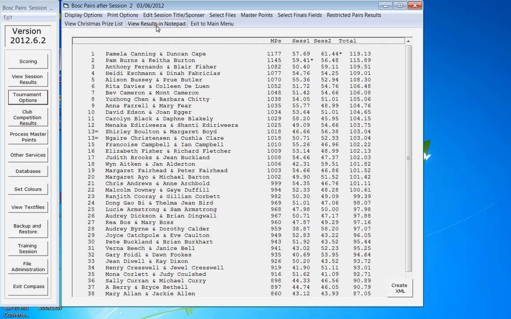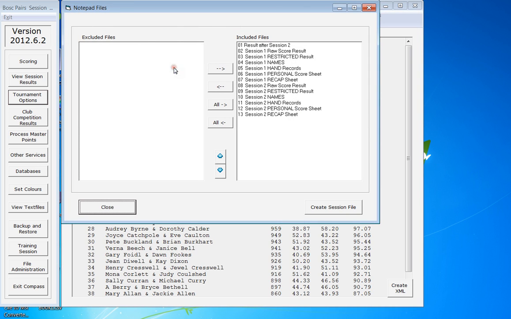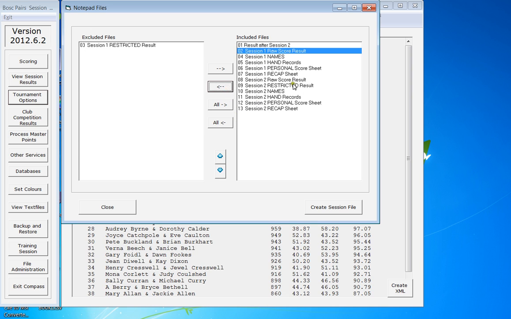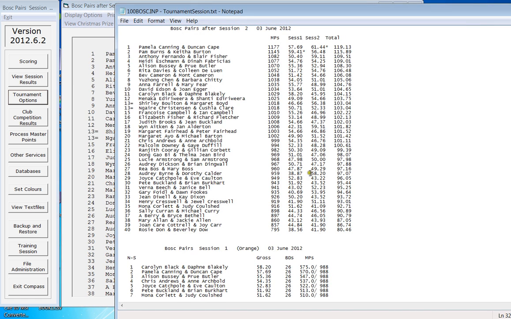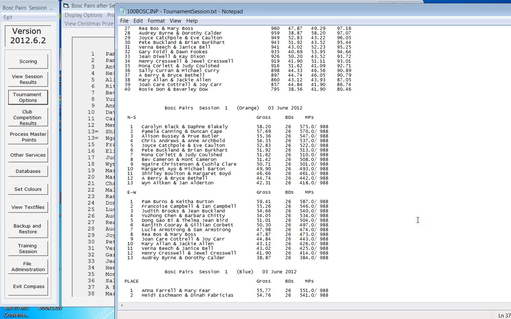So if we view results in Notepad and tournament details, then all of these different files will be included in the one humongous text file that can be uploaded to the website. So this is not a restricted result, so we'll take that out, and it is not a restricted result for session 2, so we'll take that out, and now we'll create the file. And now we have got the file, so we've got the overall result, session 1,